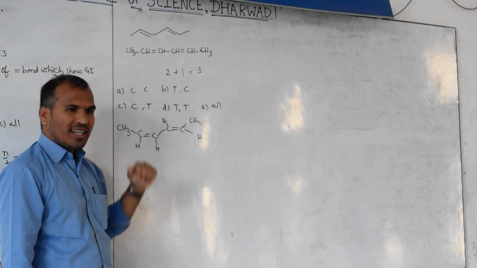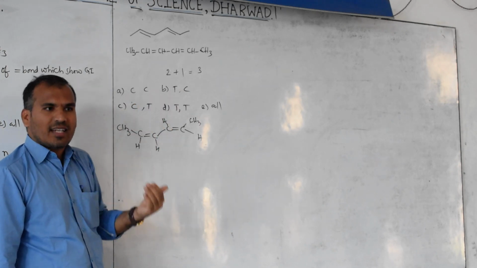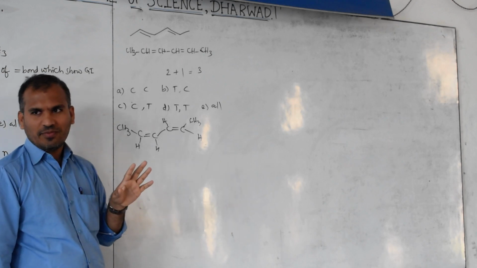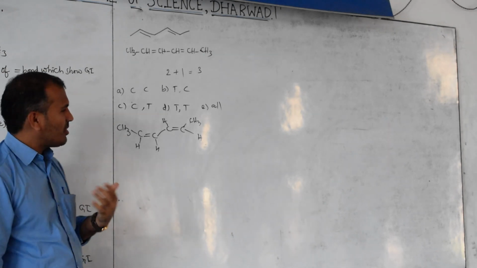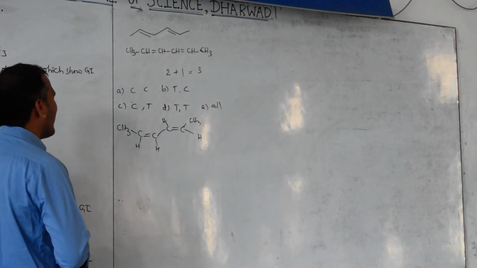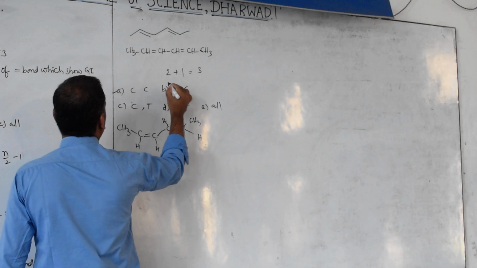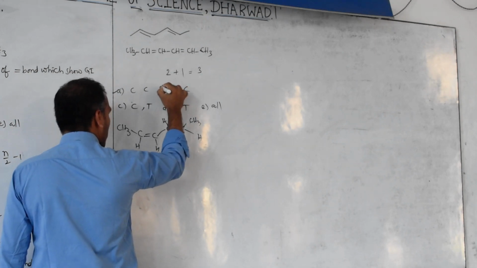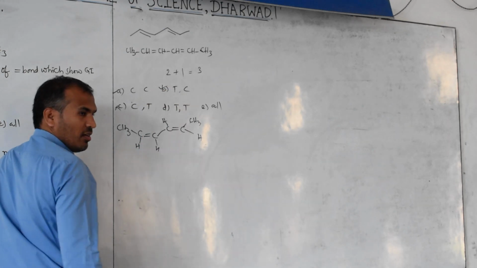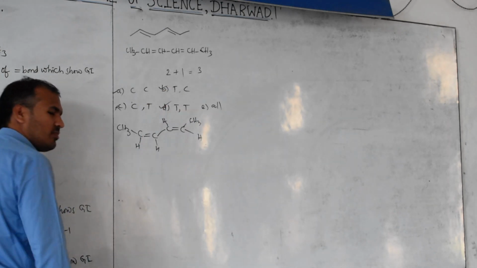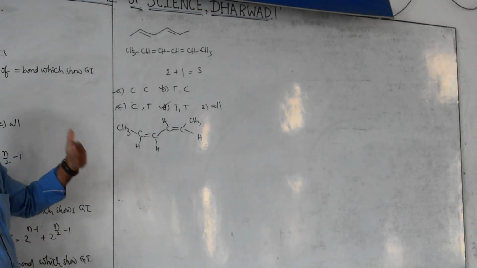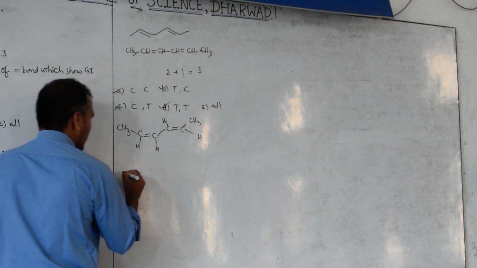Then cis is possible, trans is possible, or cis trans. Cis trans is nothing but trans cis only, that is the reverse form. Clear? So think somewhat differently. Different, but don't think very differently. So you have to think in a somewhat unique way here. Not E option. E option is correct. If you consider B correct, then C is wrong. Otherwise, if C is correct, then B is wrong. But B is correct. Clear? Then I am giving only one example. For the remaining, you can write any number of molecules like this.